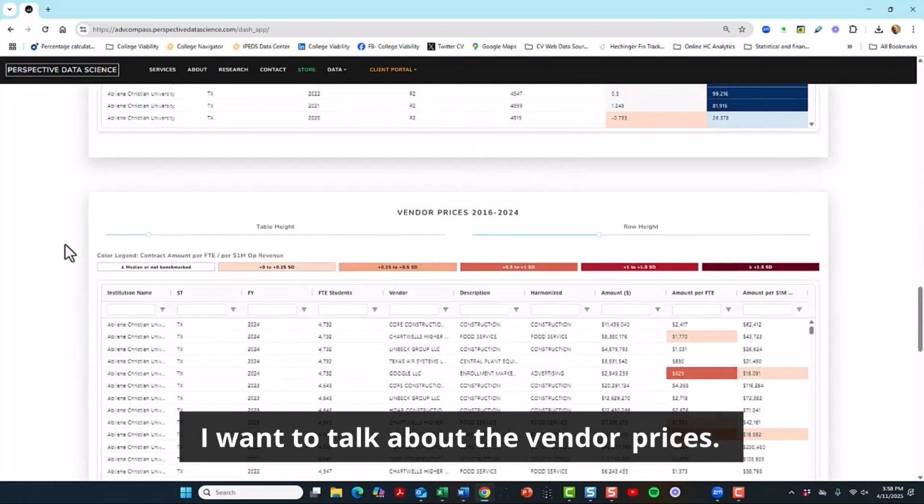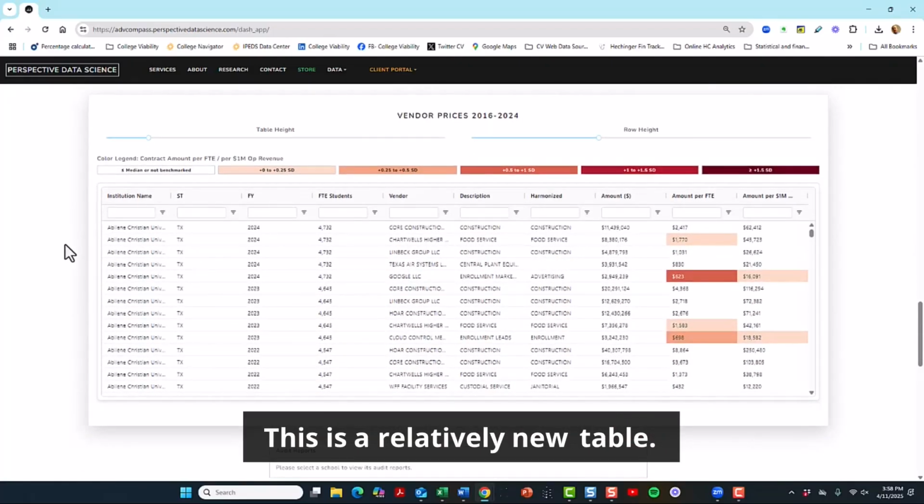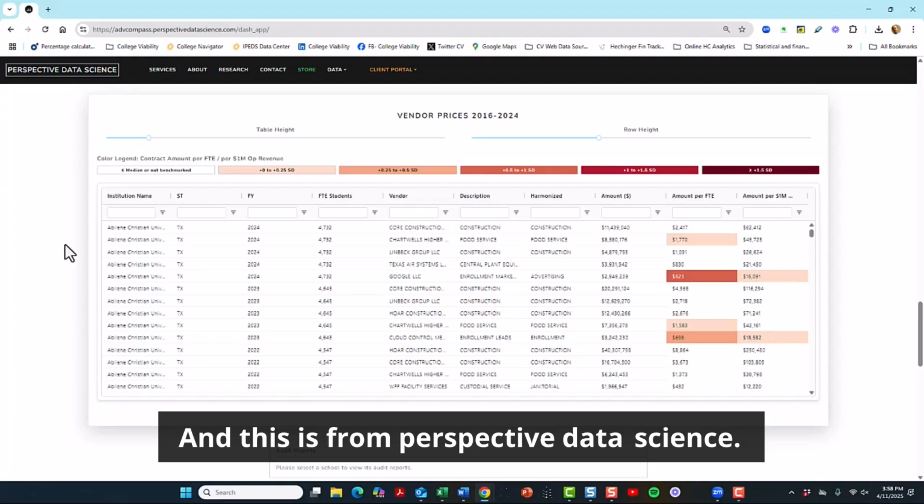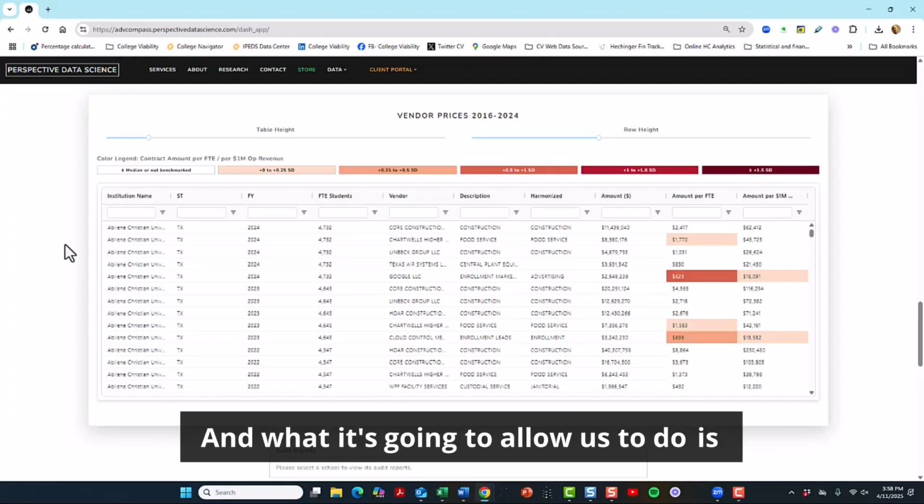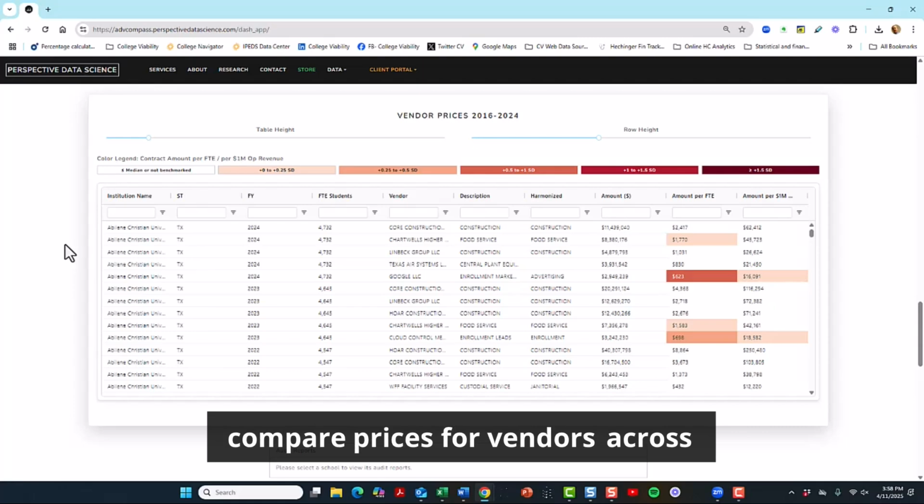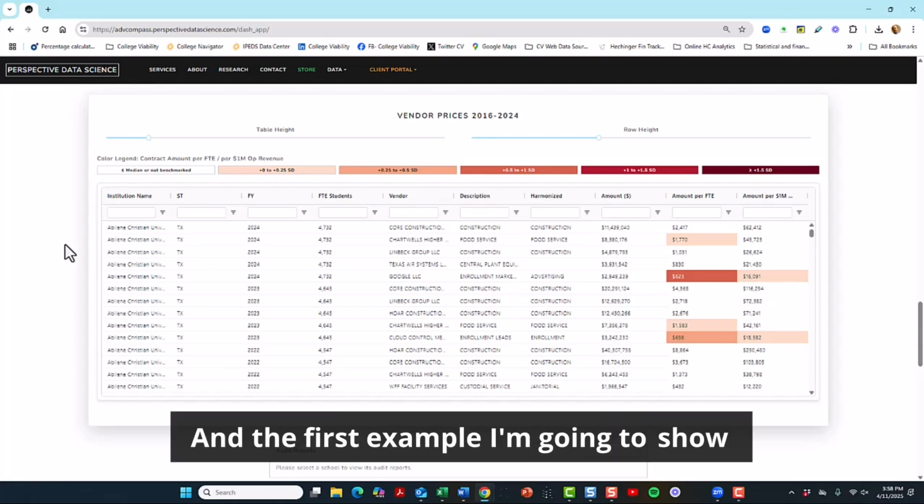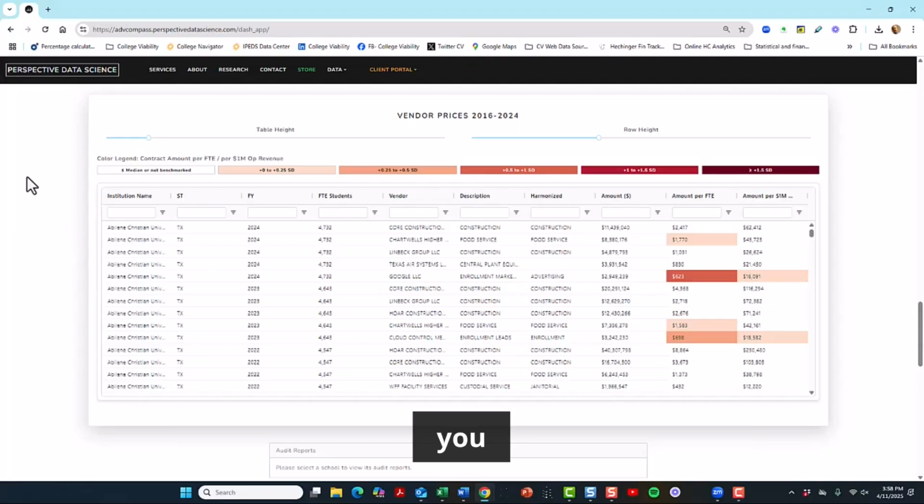I want to talk about the vendor prices. This is a relatively new table, and this is from Perspective Data Science. What it's going to allow us to do is compare prices for vendors across different areas. And the first example I'm going to show you,